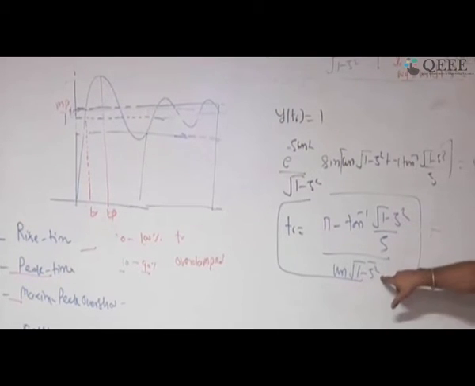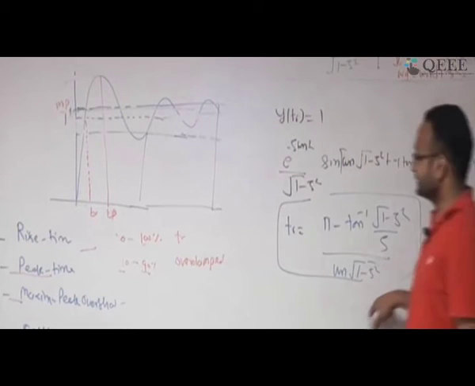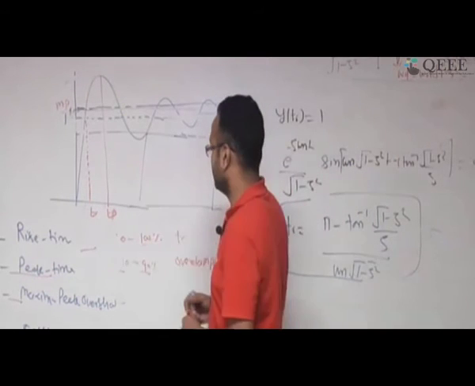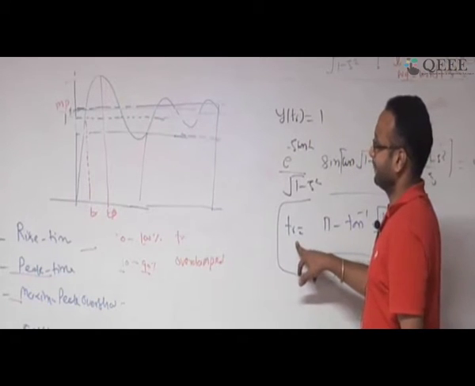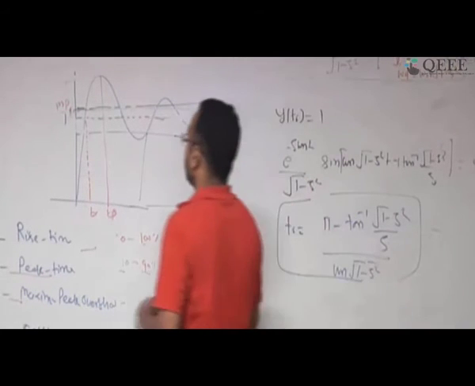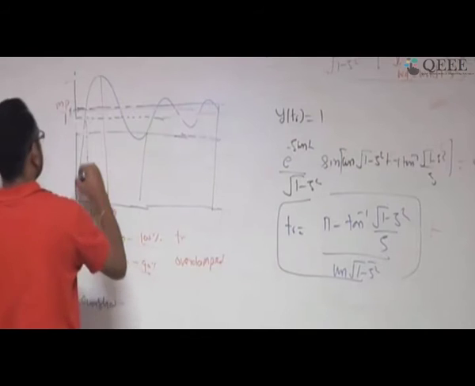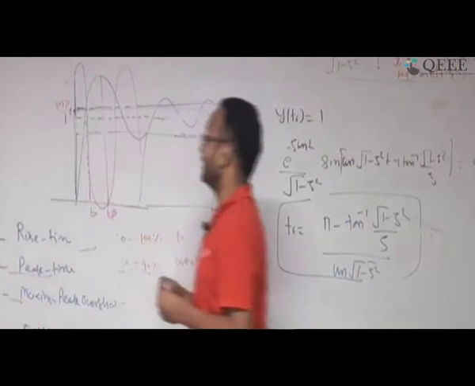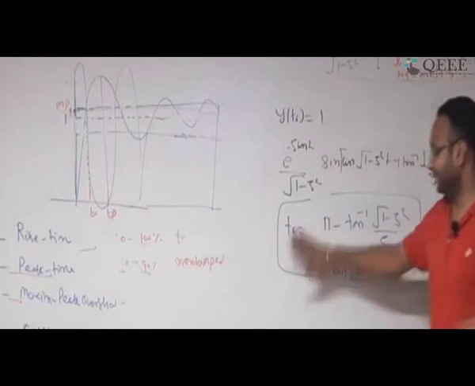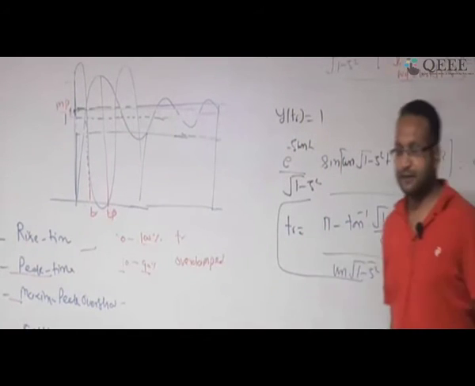You can look at the rise time and see it is inversely proportional to this part. If zeta is smaller, the rise time is going to be smaller. And if zeta is 0, what is the typical response? It is going to be a sinusoid. With a sinusoid, you will reach this value of 1 very quickly. It makes sense. Okay, this rise time is clear.